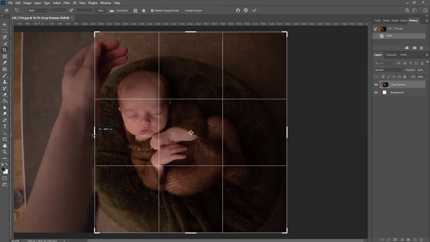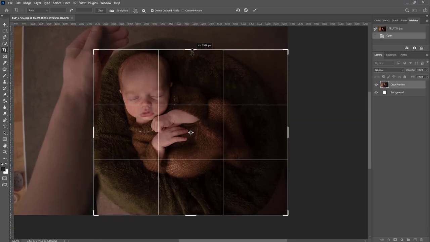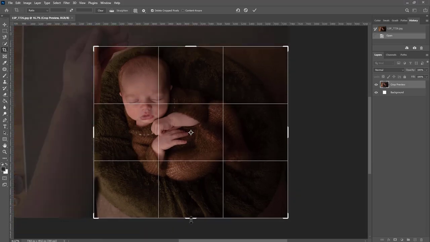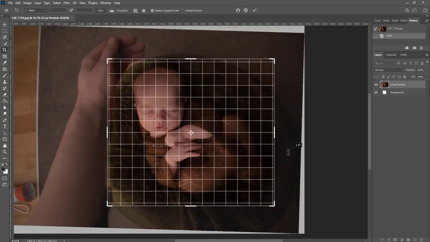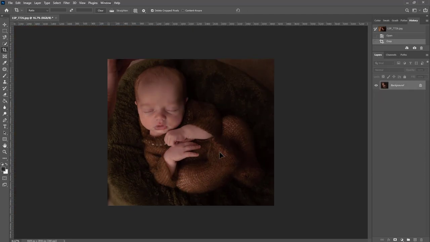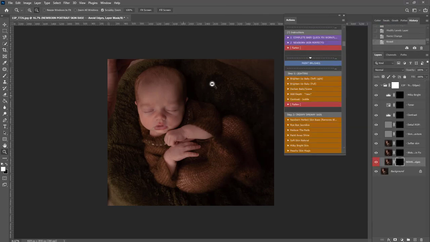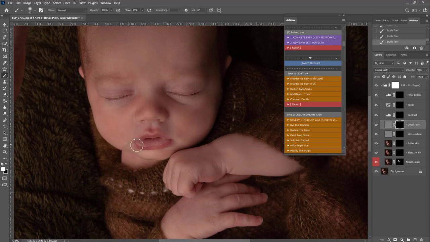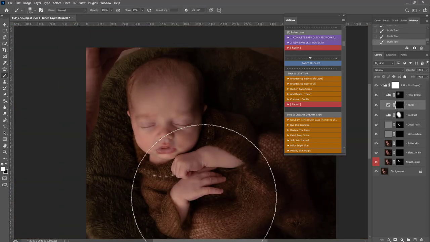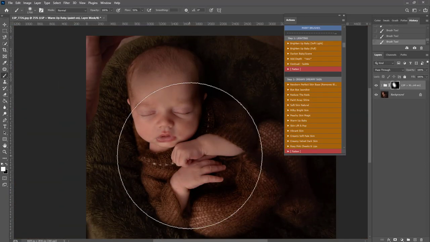What I'm going to do, I'm going to just speed up this edit really quickly to show you a quick before and after of what I'm going to be doing with the skin. I'm just cropping in nice and close because this image was shot for the digital backgrounds. So I'm just going to speed this up now. So I'm using the LSP Signature Newborn Photoshop Action Suite to do the skin editing here. You can get this at